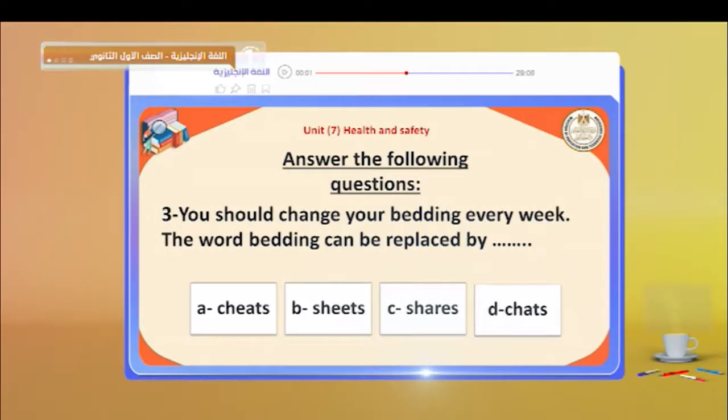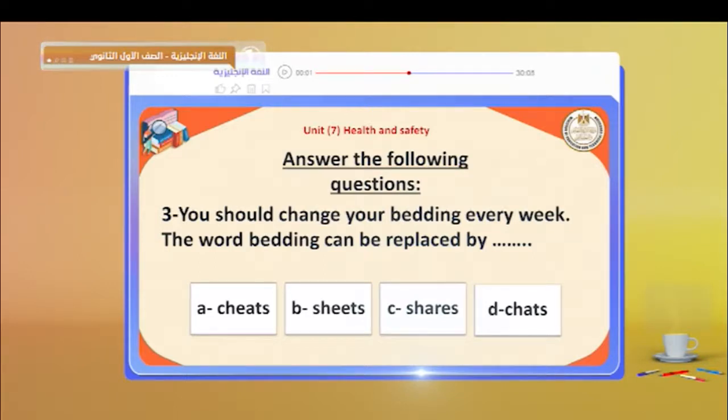Question number 3. You should change your bedding every week. The word bedding can be replaced by. Here we want another word for the word bedding. So we want a word which is the synonym of bedding or a similar meaning. Sheets, shares, or shats. Of course, here we have words which